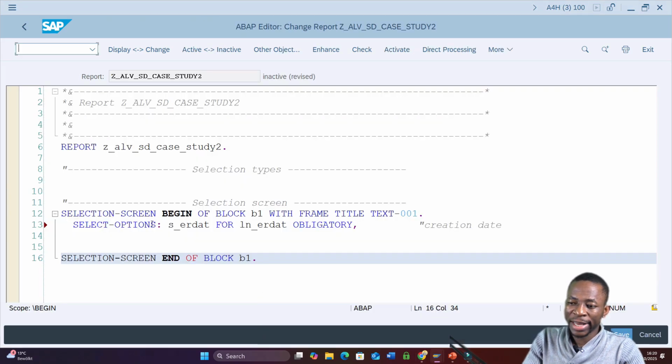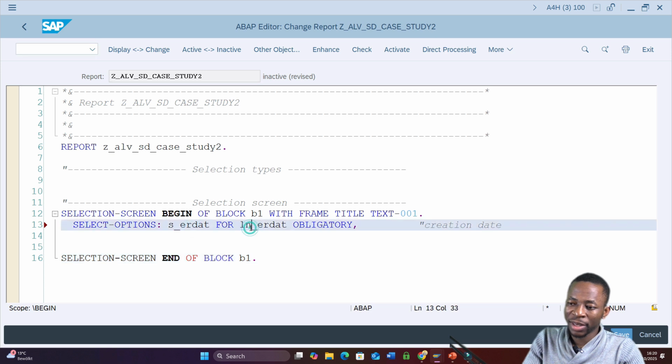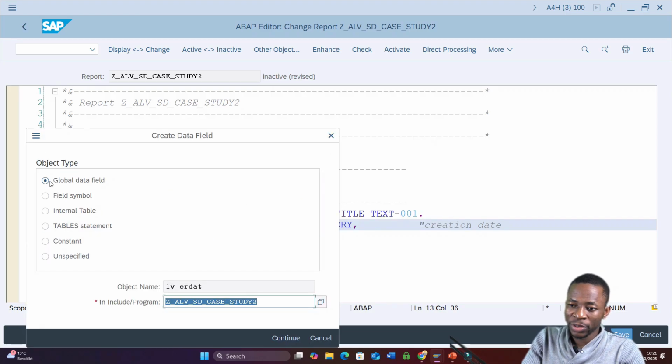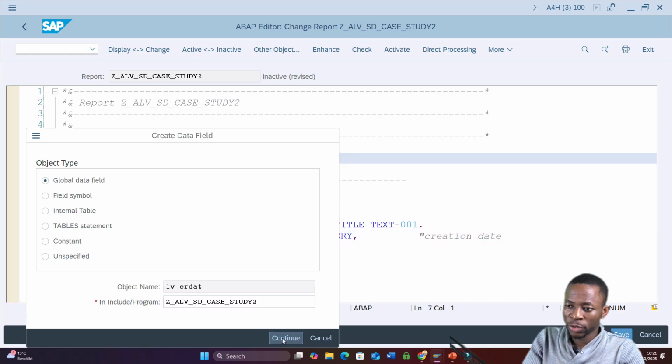So since we are using select option, we need to create a local variable with the type ERDAT. Okay, so what we need to do is to create this local variable that we have here. So I can double click on it. It says global field s_erdat does not exist. Do you want to create the object? I say yes. Okay, so it's a global data field, and let's say continue, and then